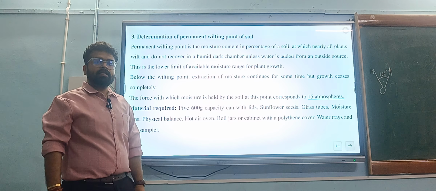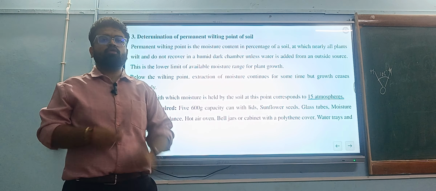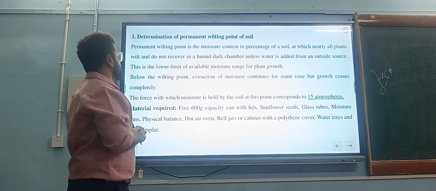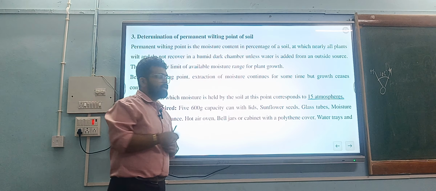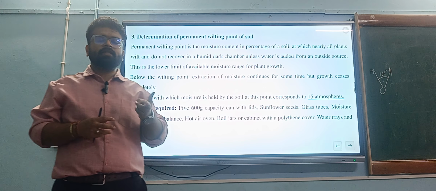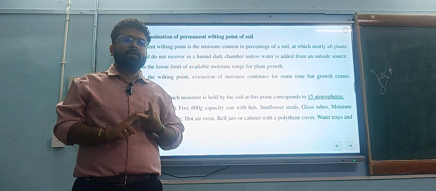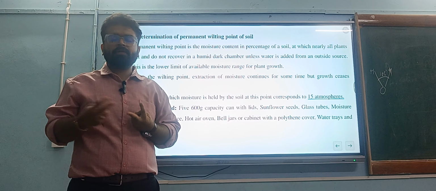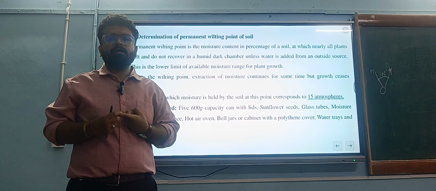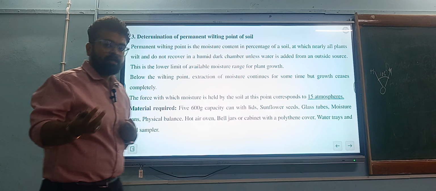The next determination is of the third soil moisture content, that is permanent wilting point. How will we do it? So generally, in yesterday's class we talked about how permanent wilting point can be determined by two methods. One is the field method, one is the laboratory method. The laboratory method uses the pressure plate membrane apparatus, and the field method uses the sunflower technique, with sunflower as an indicator plant